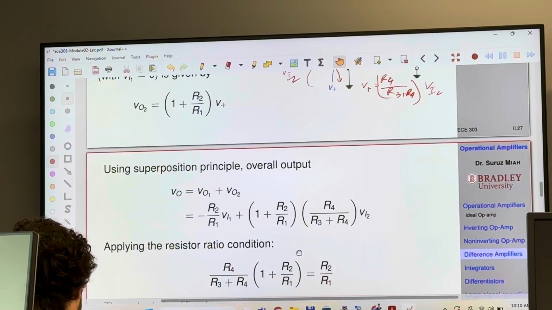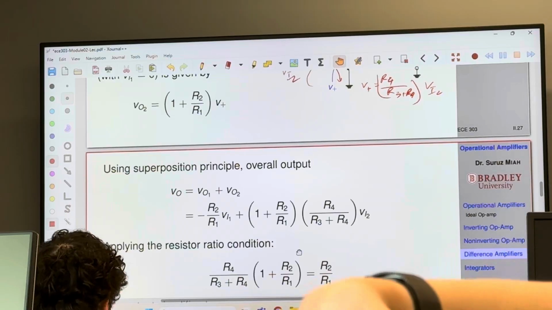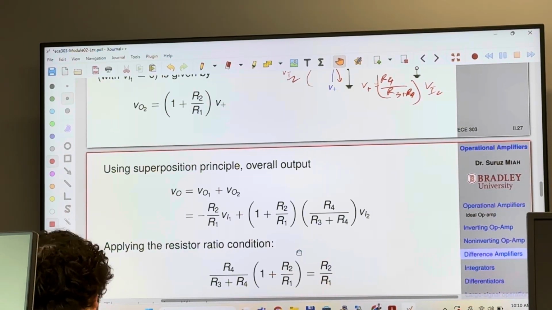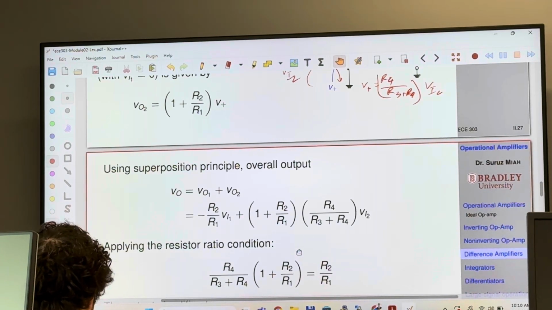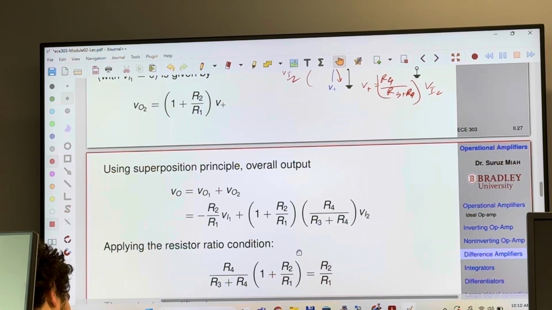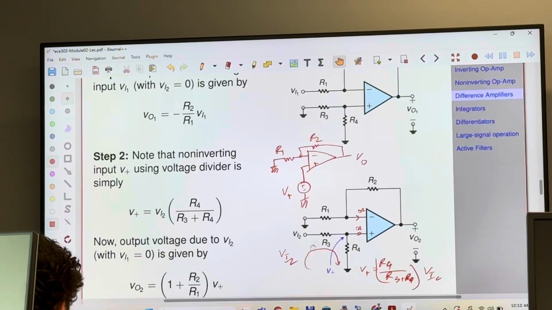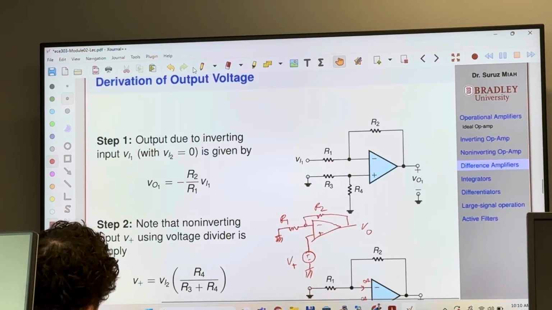I feel like we learned that. The superposition principle is also another technique: Thevenin, Norton, mesh current analysis, node voltage analysis, and superposition. Very important. In electrical engineering, if you guys do not know superposition, it's a big problem. Superposition principle, what it says, is that if you have